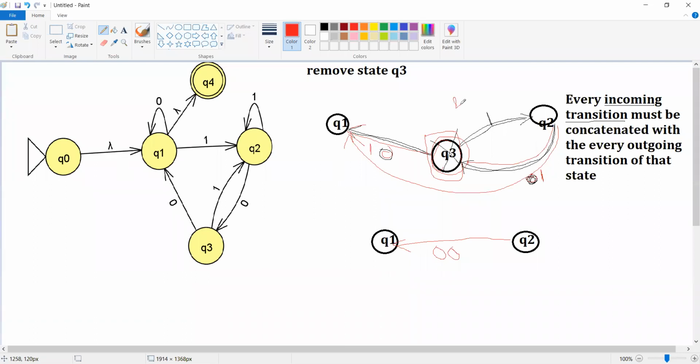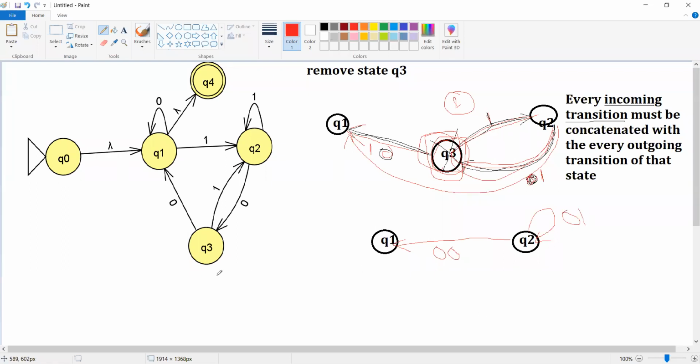So now we have done the concatenation of the incoming transition with the first outgoing transition. Now this is my second outgoing transition. What is my incoming transition value? 0. What is my outgoing transition value? 1. This will be something like Q2, Q3, Q2. When you remove this node, you will get Q2 to Q2 only, which is nothing but a self loop. So the answer we are going to get will be 0 1.